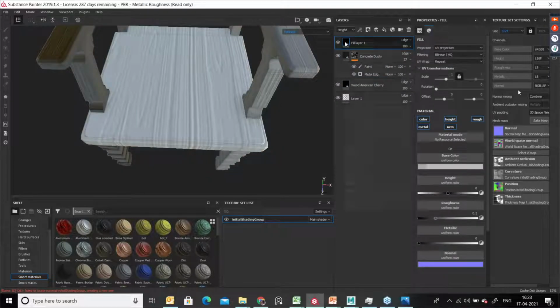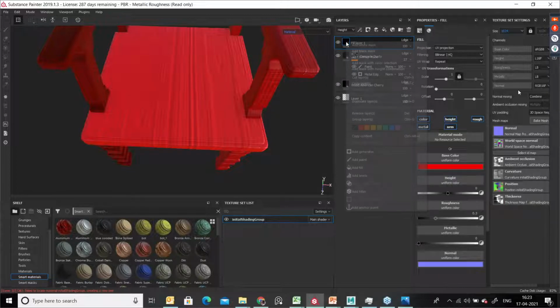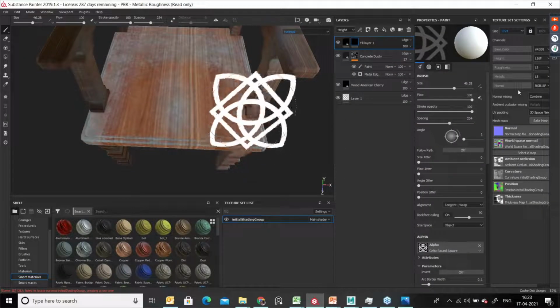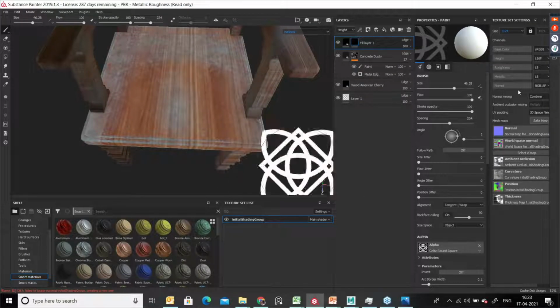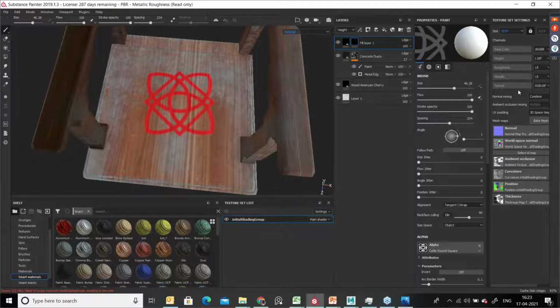You can just right click and change the color. I want to apply a red color logo design over there. You can change the layer color into red. After that, you can just go here, add black mask. Now the alpha is available here. Just try to apply here. See.